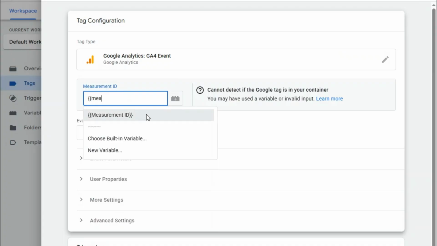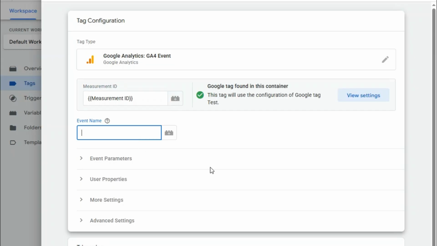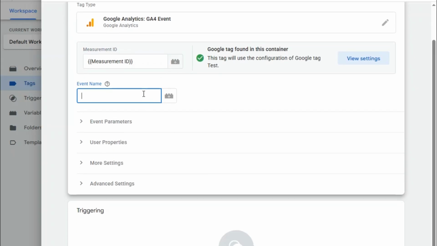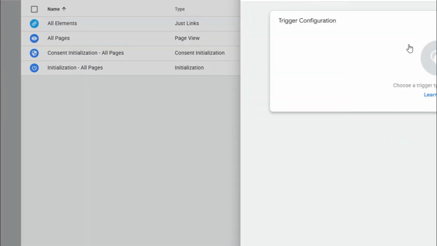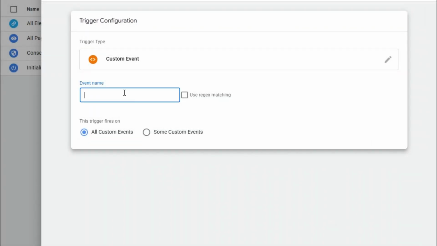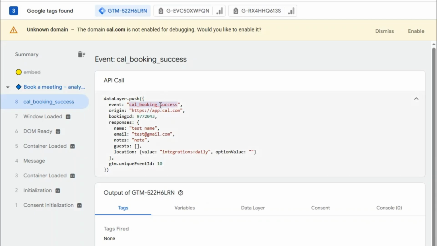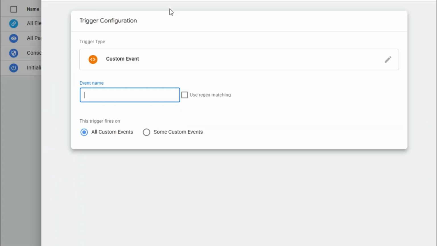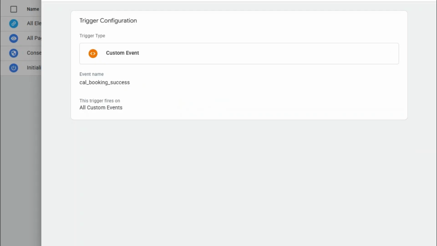constant. Let's click on measurement ID, choose your booking event name, like I have booking completed. Choose a trigger configuration. Let's click on custom event and choose your event from dataLayer. So let's save it with this name. Save it